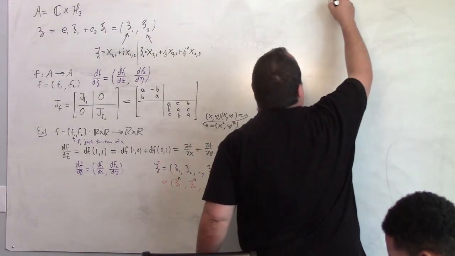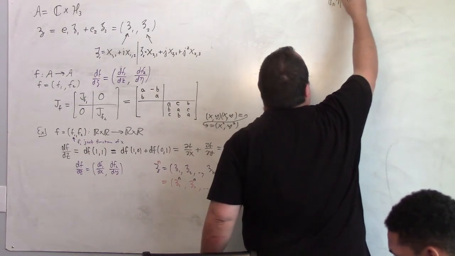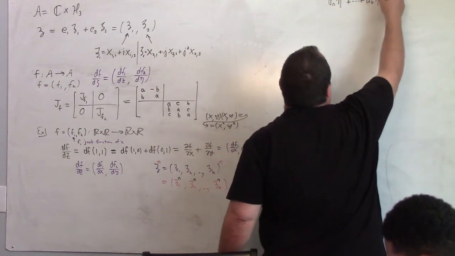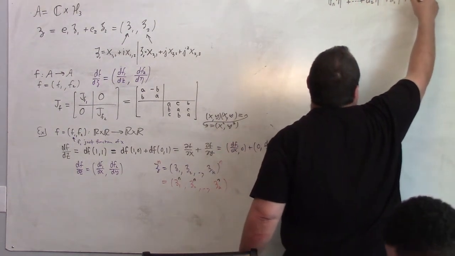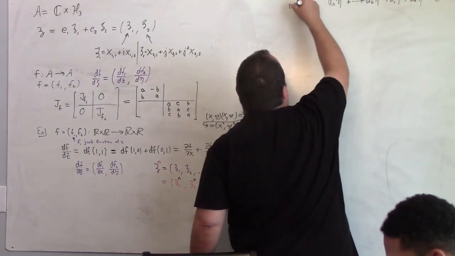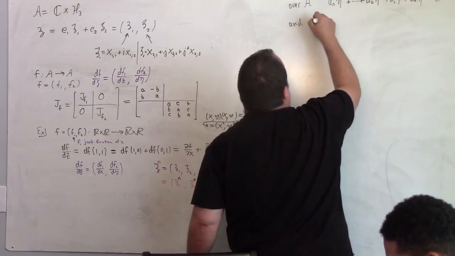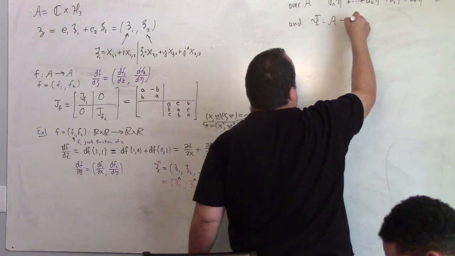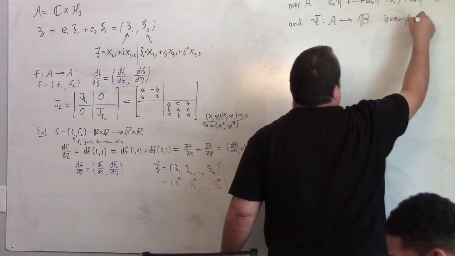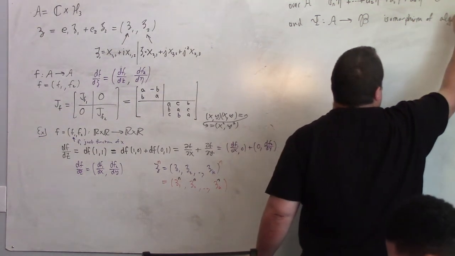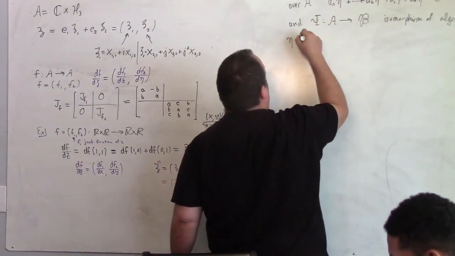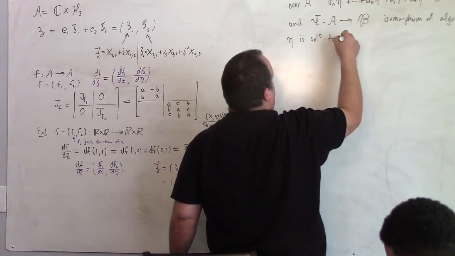So if I have an nth derivative of eta, a2 eta prime prime plus a1 eta prime plus a0 eta equal to 0, so here it is over A, and psi is the isomorphism from algebra A to algebra B, an algebra isomorphism. Eta is a solution to star